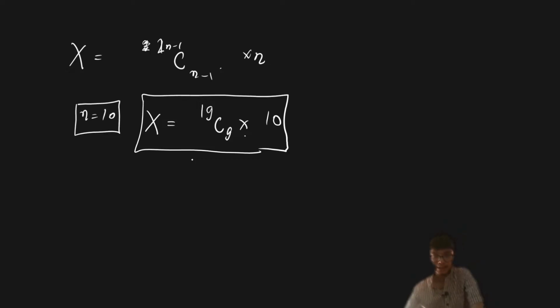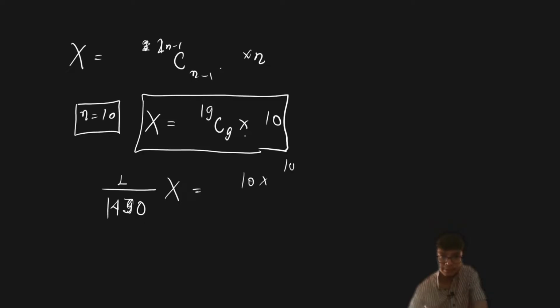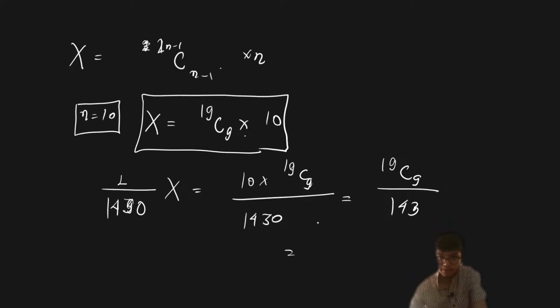So 10 into 19c9, and therefore we have to find the value of 1 upon 1430 into capital X, and that is basically equal to 10 into 19c9 divided by 1430. So if you try to solve this further, it is going to be 19c9 divided by 143, and 143 is basically 11 into 13, and 19c9,